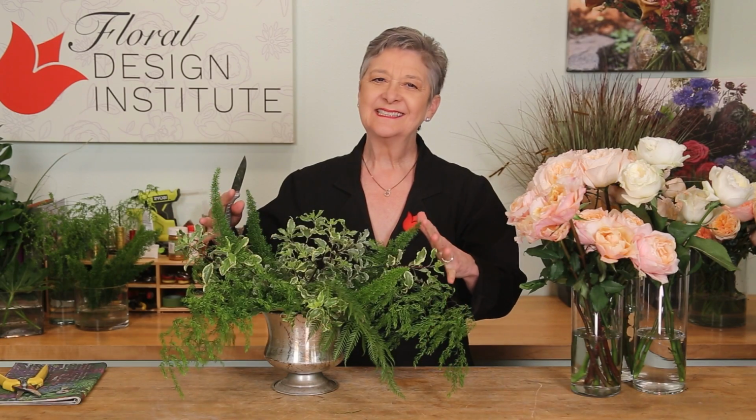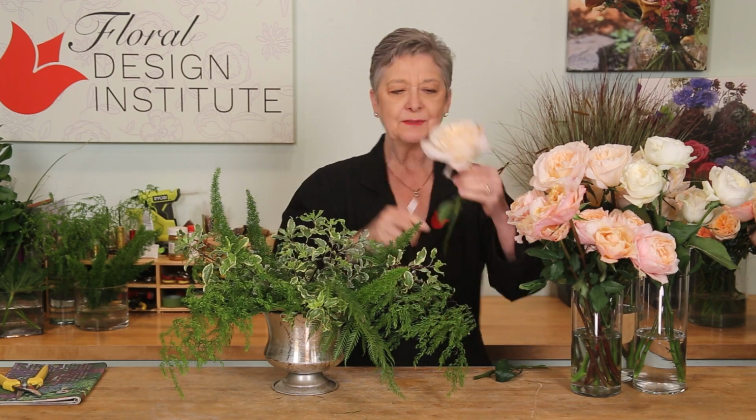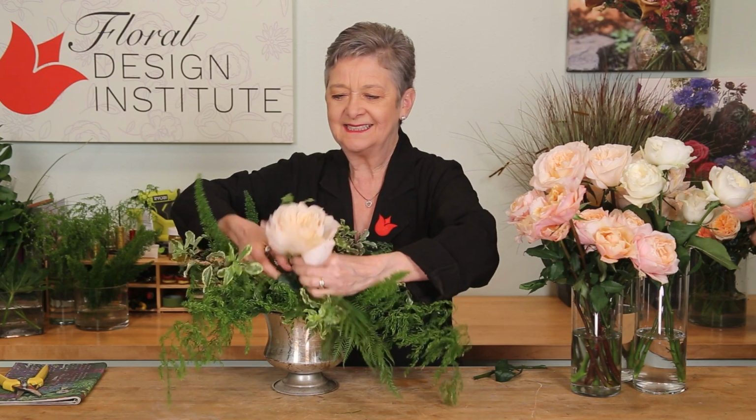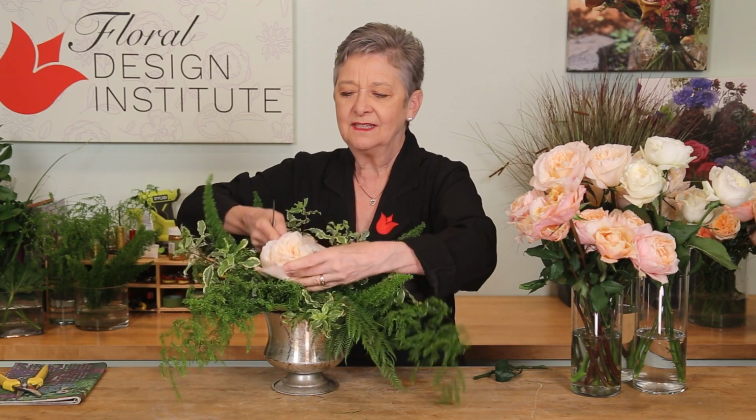With the nest, now I'm ready to tuck in the roses. And they're so fabulous. Let them open out. When you get your roses, you want to bring them in several days ahead so that when they open, you've got the absolute beauty. You can see setting in the larger ones, tucking it down, giving it a turn so